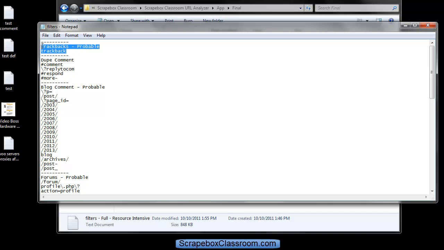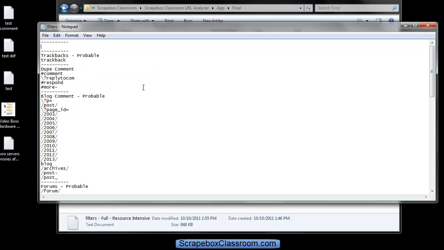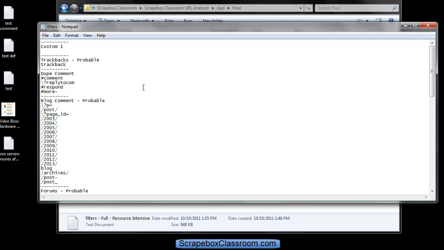But for making your own filters, what you would do is you would first grab this and start out your filter with that, and then I'm just going to call it custom 1 here, and then in custom 1 I'm just going to put this is my filter. That really wouldn't be an accurate filter because I wouldn't expect to find that in a URL. So let's do something like PHP question mark, and we have to escape out our question mark,